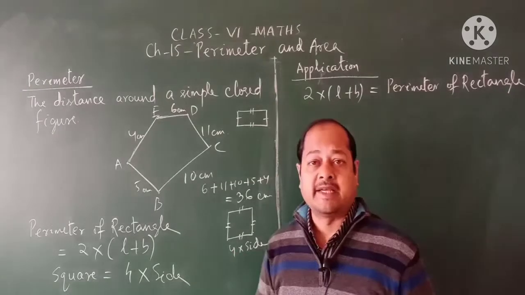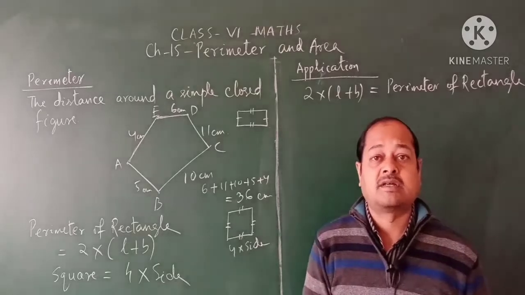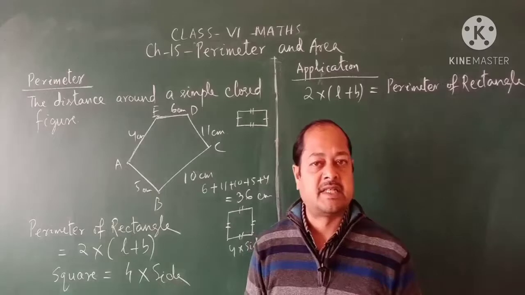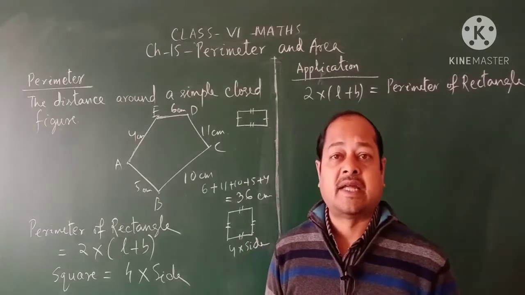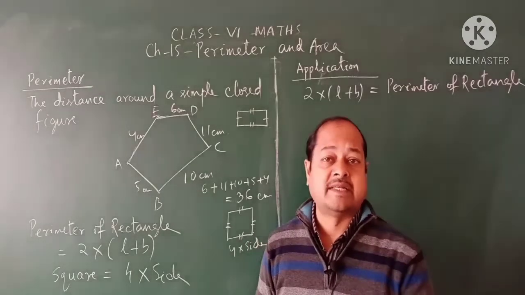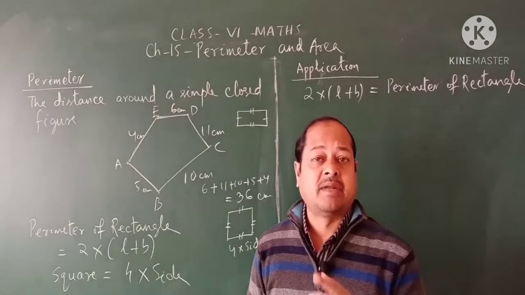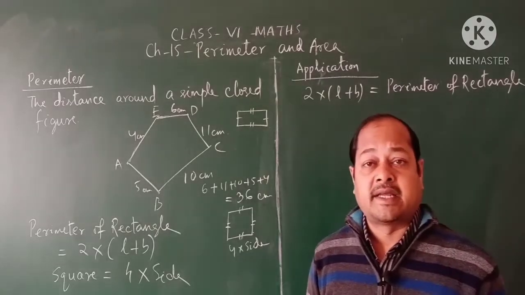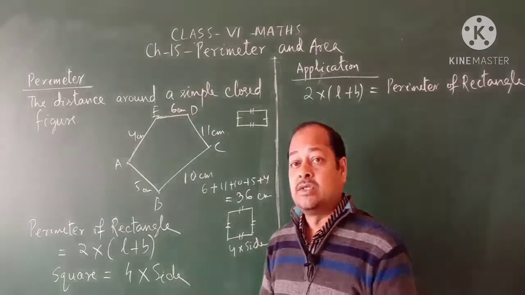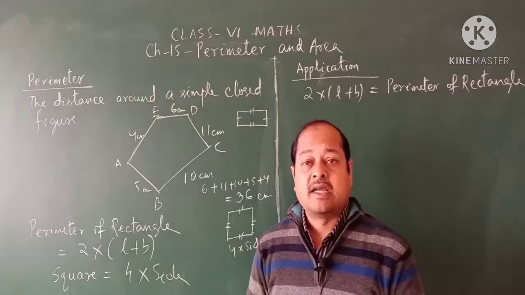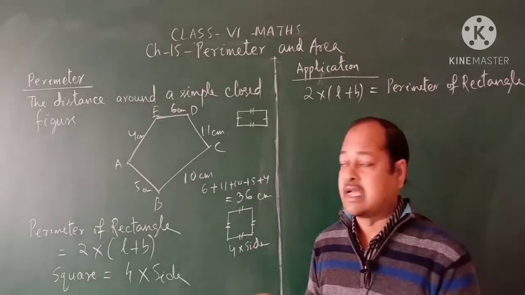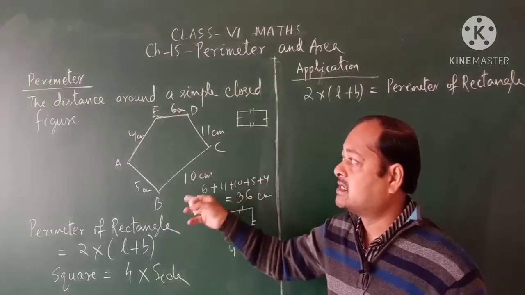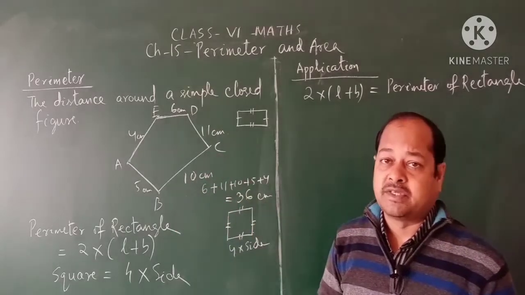Similarly, for a hexagon we multiply by 6, because a hexagon has 6 sides. In a pentagon there are 5 sides, so you multiply with 5. In a triangle you multiply with 3, because 3 sides are there. In an octagon you multiply with 8, in a heptagon with 7, in a decagon with 10, like this. So there are different plane figures, and based on the number of sides you add the total number of sides. The total distance is called the perimeter of the figure.